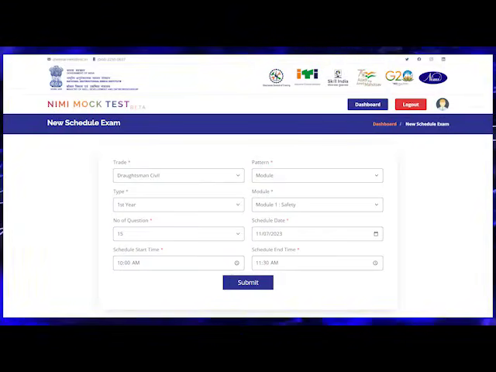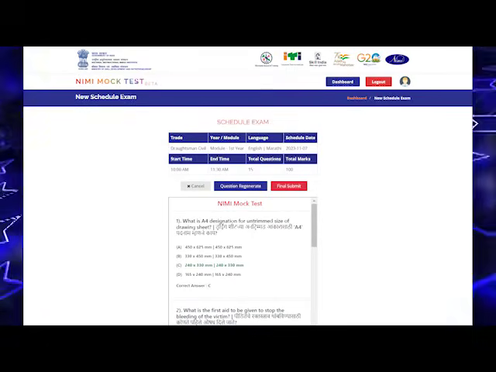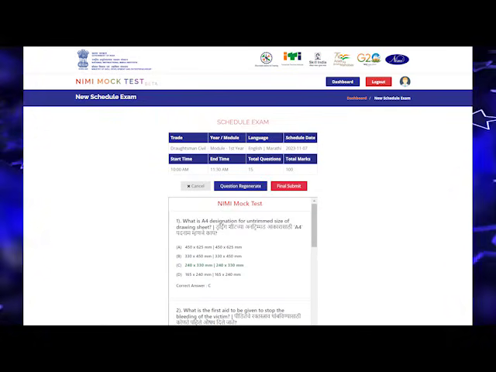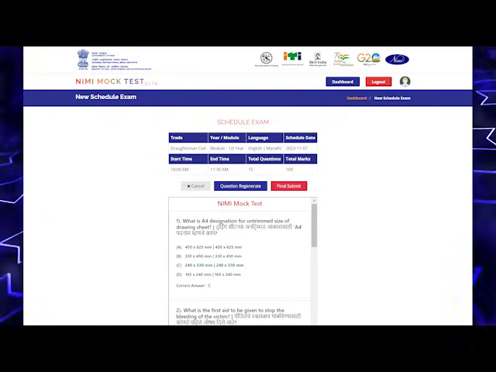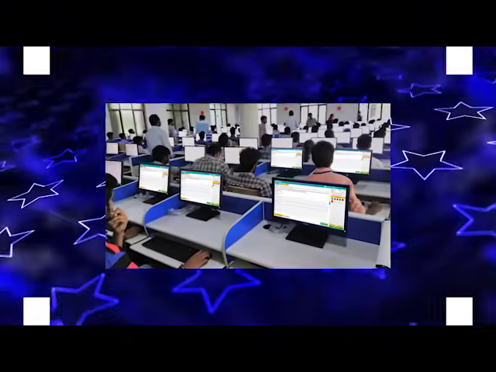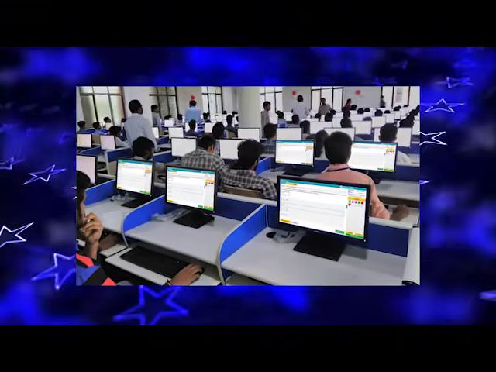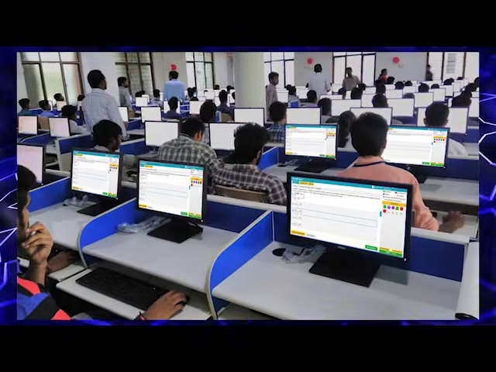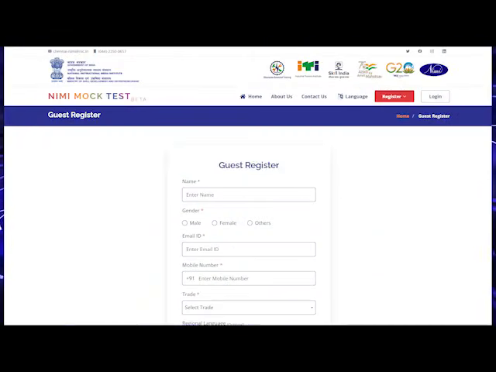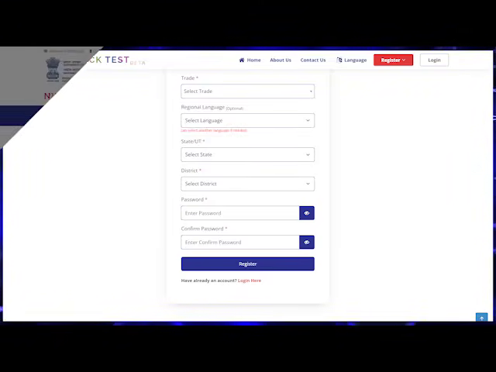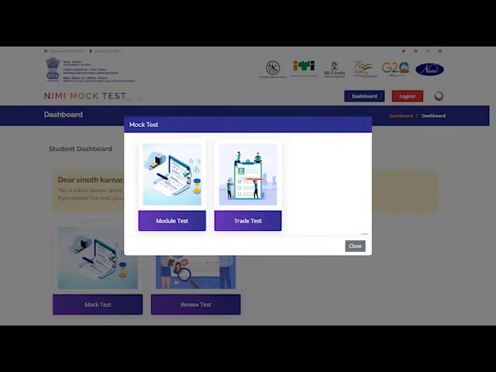Schedule exam tab has previous tests and new scheduled test creation option. After creation of scheduled test, review of question is available to check the test, and on final submission, exam ID will be provided to share to students. The benefit of this scheduled test is trainers can do a lab exam through web login of students and evaluate in a single window monitoring. Guests are allowed to register with minimal information required, and they can attend mock test and review tests.